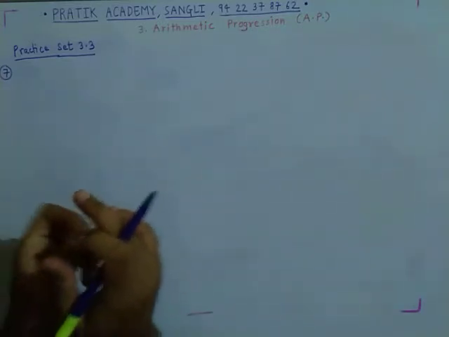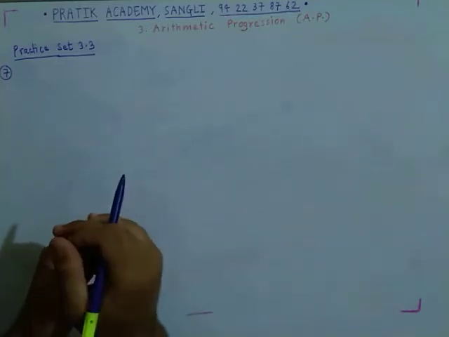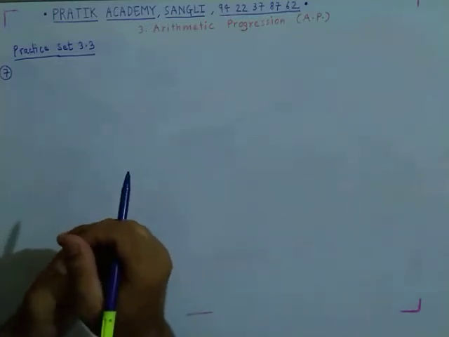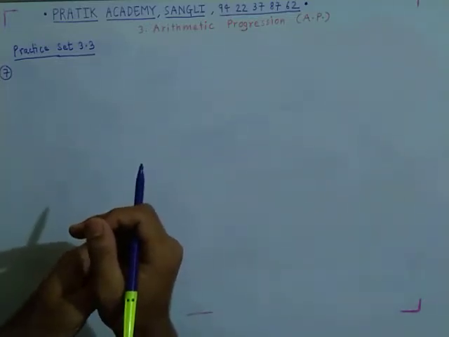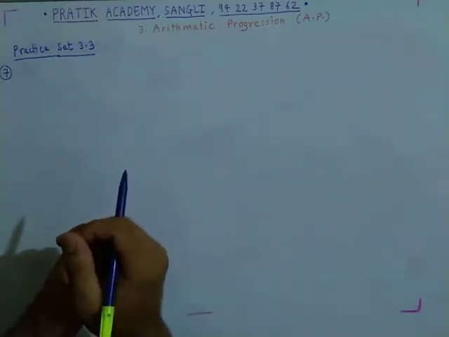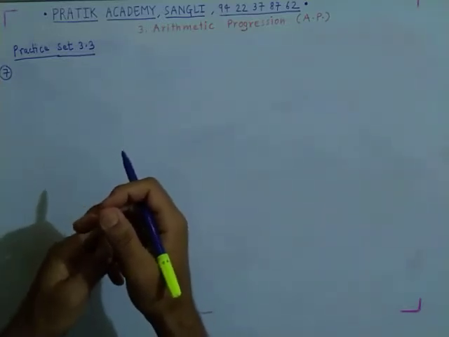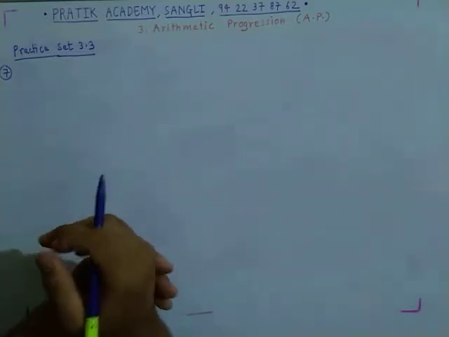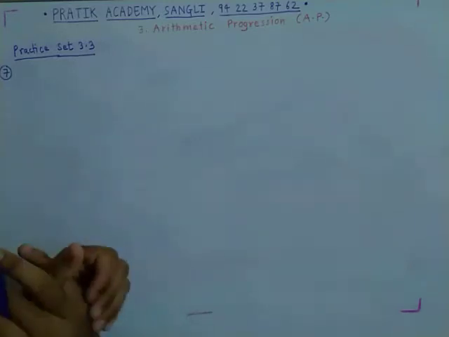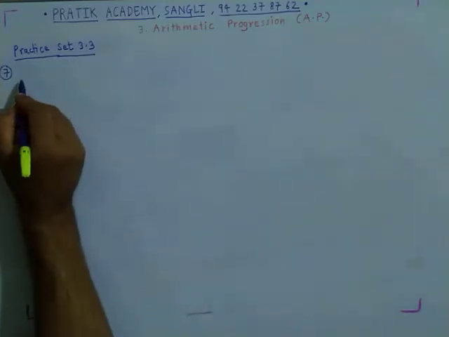In an AP, the sum of 3 consecutive terms is 27 and their product is 504. Find the terms. And there is one assumption given. Assume that the 3 consecutive terms in AP are a minus d, a and a plus d. So by considering the assumptions, let's